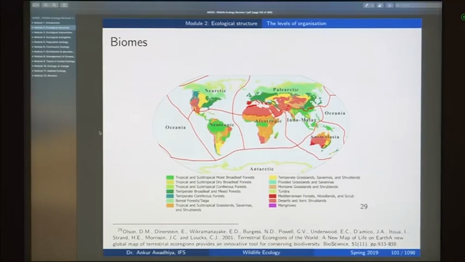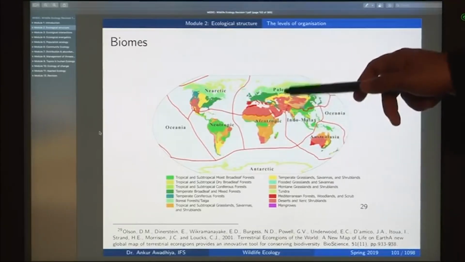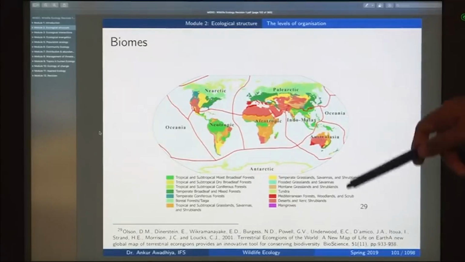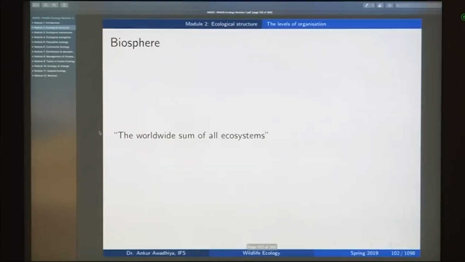Or a desert biome. So, whether you talk about a desert in North America, a desert in South America, a desert in Africa, a desert in Asia, a desert in Australia, all of them will have vegetation that has very similar characteristics. And from biome we move on to biosphere, which is the top level of organization, the worldwide